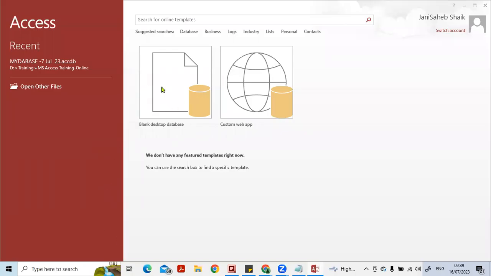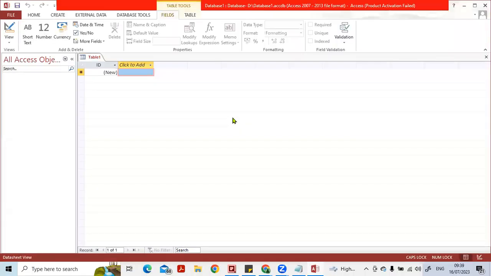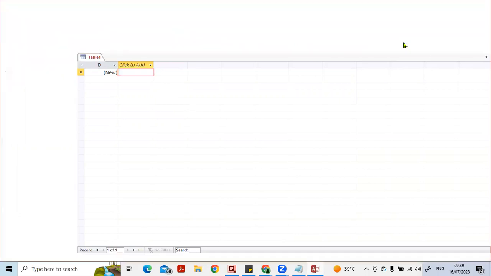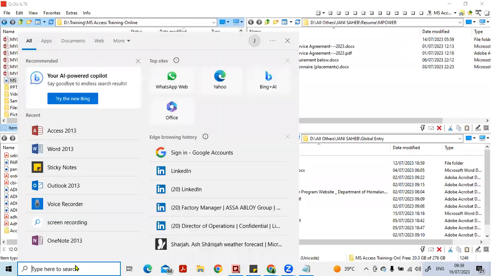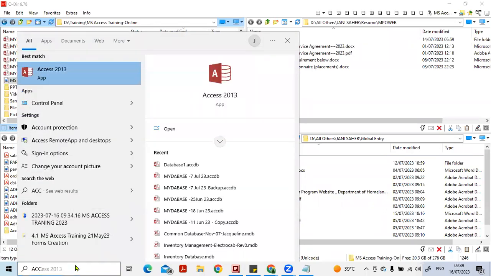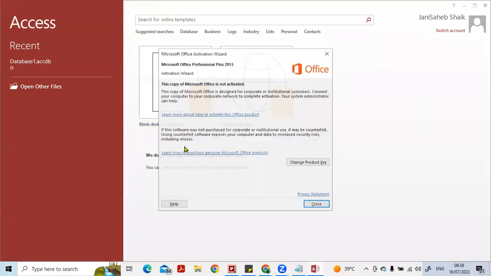So we start with the blank database, right? So blank database you can choose here and then double click, it will ask you, okay, it automatically opened. So you can save it wherever you want and you can give a name if you want. So let us say to start with, we open the database, or let me close again actually. I will again open Access. Let us see what happens. Okay, now it will give you